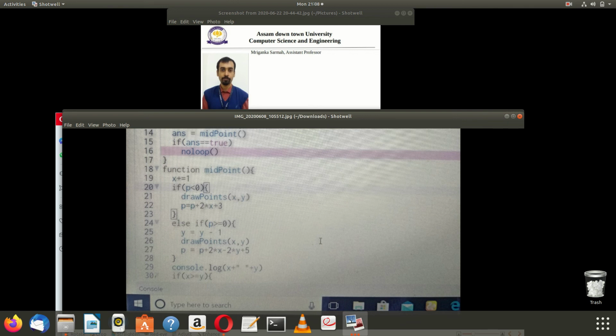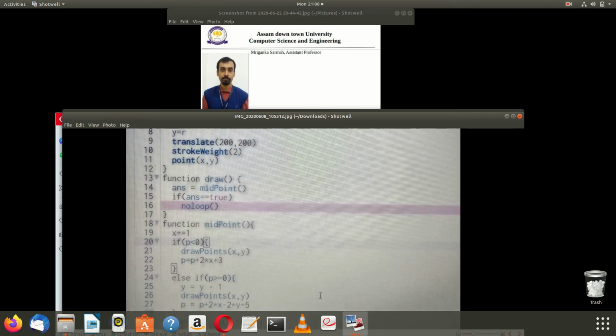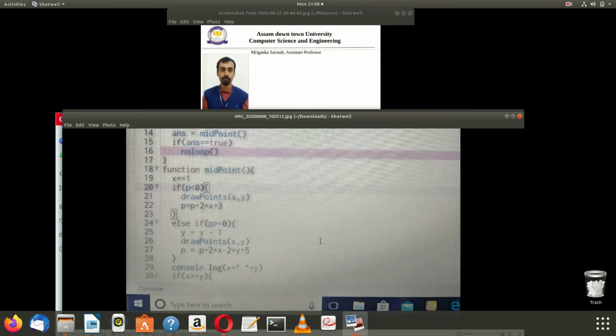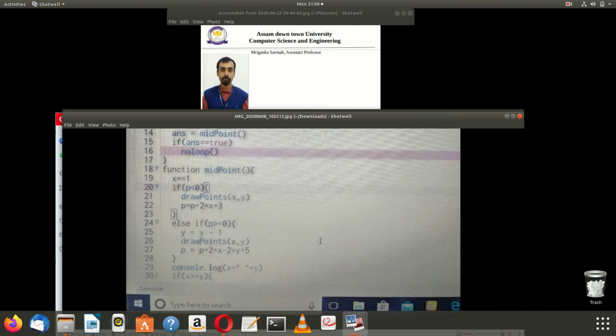Now why does y decrease? Why y minus 1? Remember, our starting point is 0 comma r, so we take the top as the starting point, that is vertically. If we start at the top, then we come down, so that we can meet at the x-axis on the right side of the center of the circle. We start from the top of the circle and come to the right side of the circle, so y is coming from top to bottom, so y minus 1. If the decision parameter is greater than 0, we have a new updated formula p plus 2x minus 2y plus 5. So these are theory questions, and this is the circle drawing algorithm.